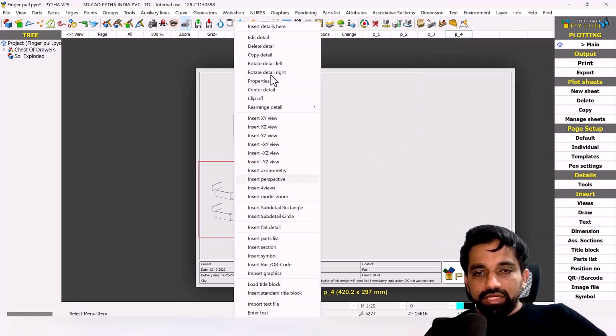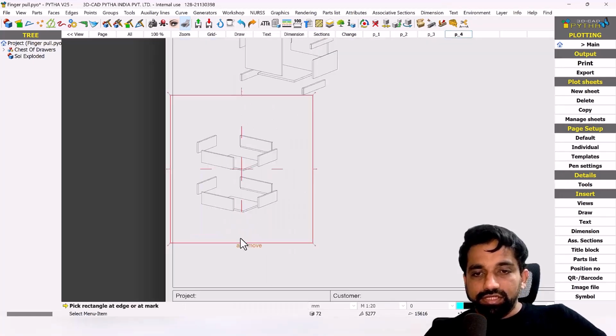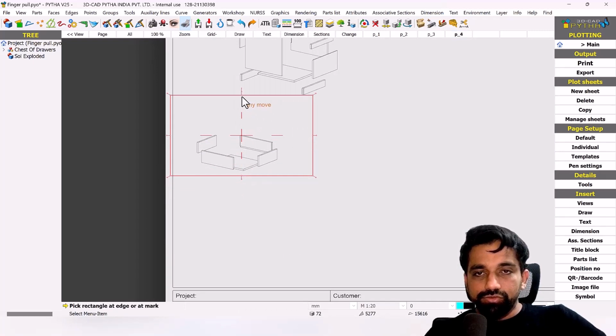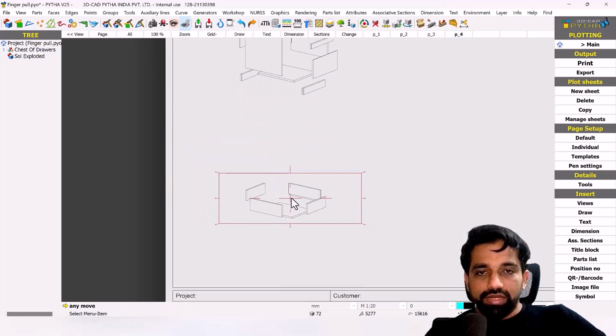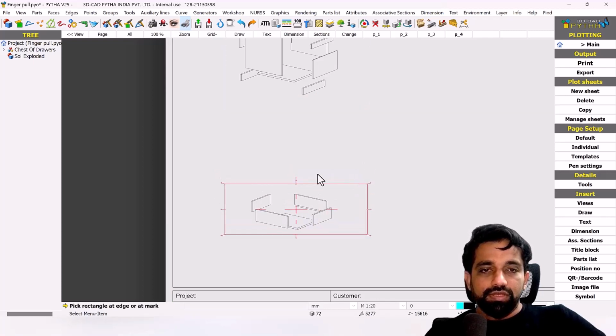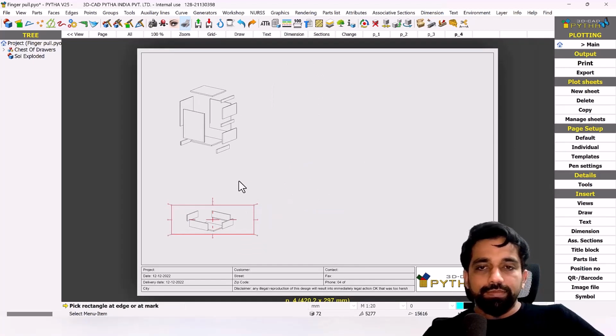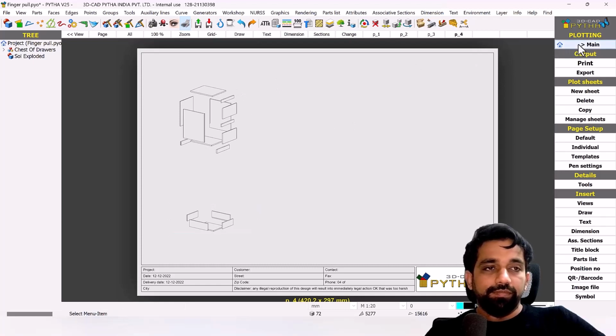And now I right click on this, I say edit the details, I clip it vertically to just display this area, and I keep it in this position. Okay, so what I meant to do here is add some numberings with arrows and add a part list on the right hand side. To do that, first I need to give unique position numbering, and for that I come